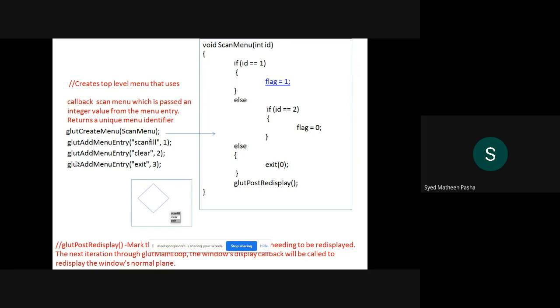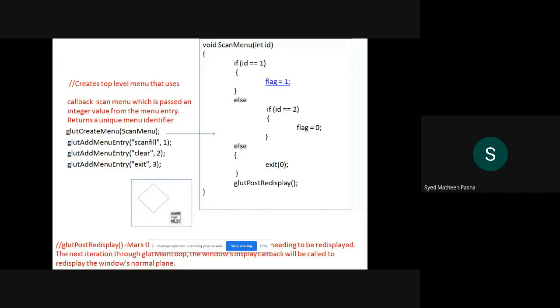Once you right click onto the output screen, the first option for that particular entry should be scan fill. The second entry of that menu will be clear, and the third will be exit. If you check out the output screen here, if I click scan fill, what happens? It should fill the particular polygon with color.